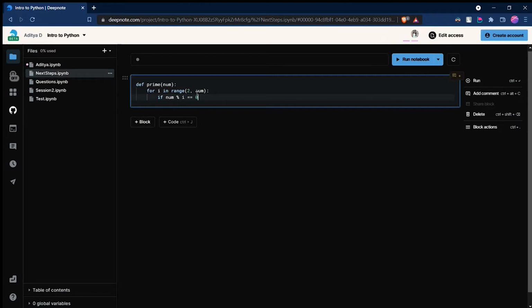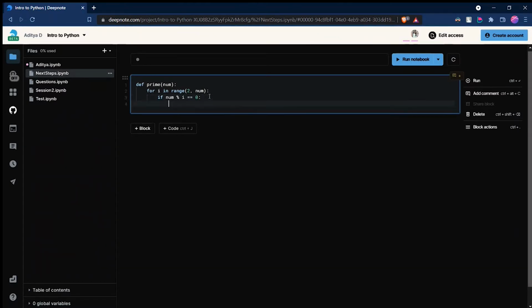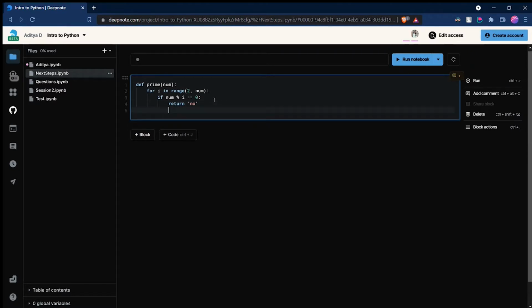Any specific test case failing says that it is not prime, so we just say return no. If it comes out of the loop, we can just return yes. So there we have a function that does the same for us.